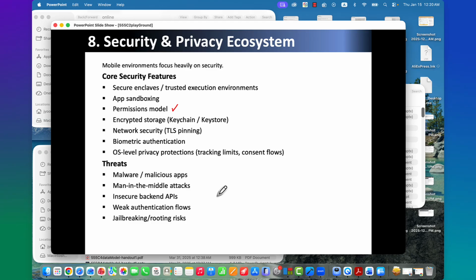So at the development phase, you have to consider protecting or preventing any unauthorized access or intrusions into your device. That type of capability needs to be included in your app development.